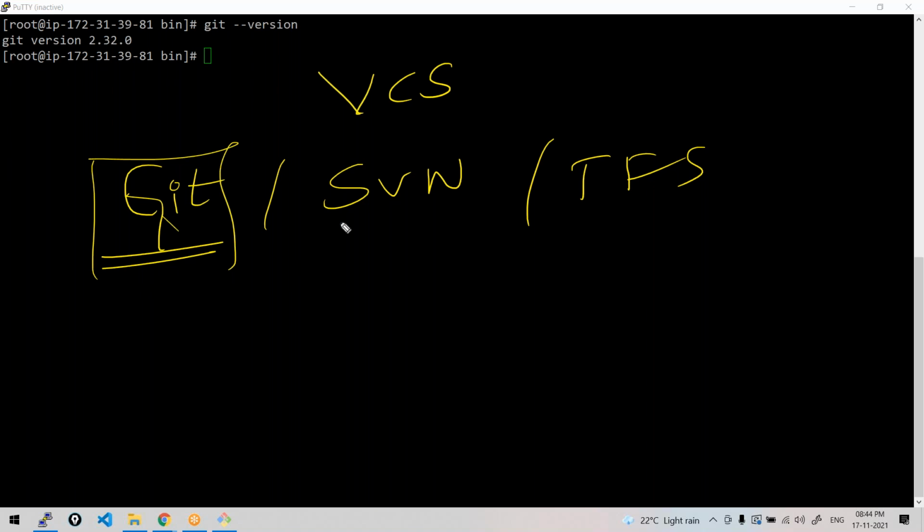Almost 90% of the projects are using Git because of its great features, particularly its great branching and merging feature. Of course, other tools also offer it, but Git's branching feature is so unique and sophisticated that it allows developers or teams to work with proper collaboration.